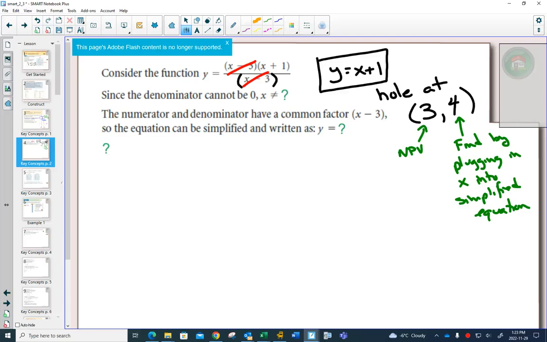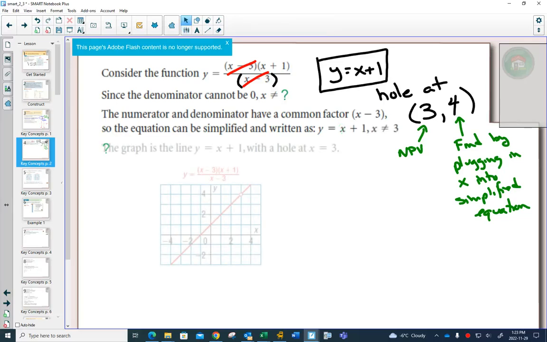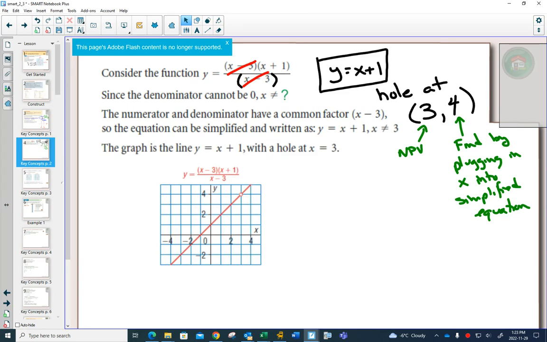So you would graph y equals x plus 1, a straight line, but now it would have a hole in the graph. And this is what it would look like. So you use your skills for graphing lines from before, but just add a hole in the graph. That is characteristic number 1. Now,